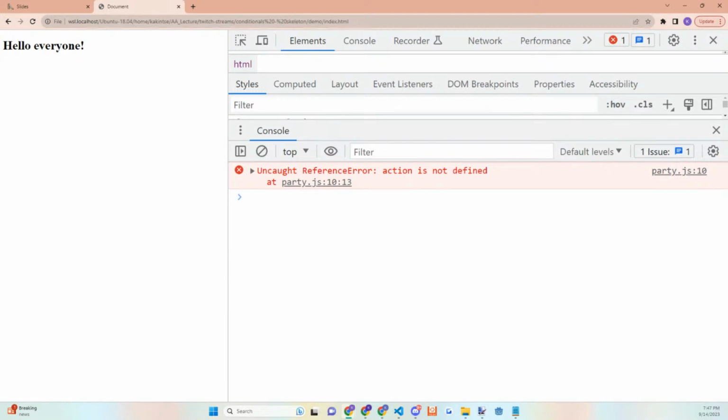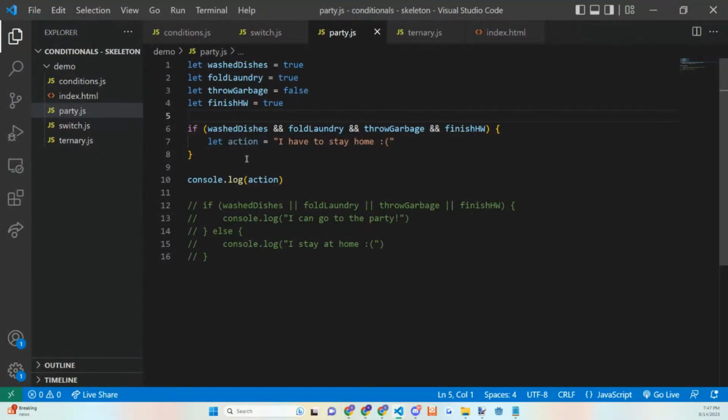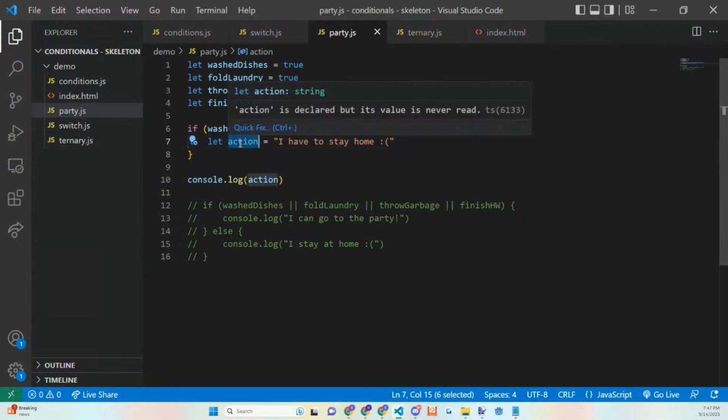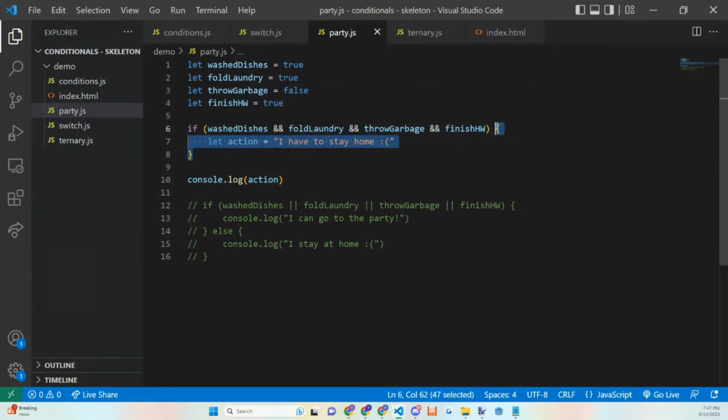Action is not defined. So the general rule of thumb is that with block scope variables, you do not have access to variables that are nested deeper than the current scope you're on. So this is a block that's initiated by the if, right? And since this action here was declared inside of here, we cannot access the action variable outside of this block scope.